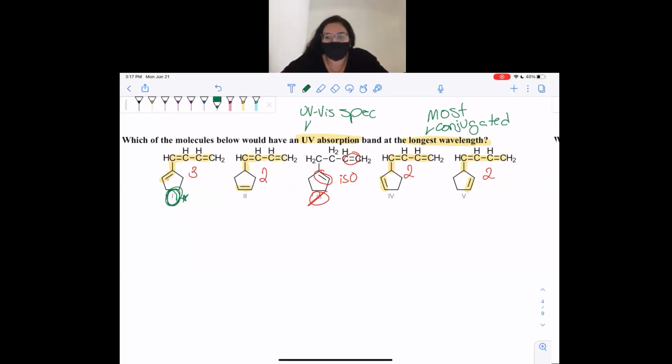Someone asked, how do you check the number of conjugated double bonds? So remember, conjugation is when you have a double bond followed by a single bond and then another double bond. So we're looking for this kind of configuration. So double, single, double, single. So double, single, double, single, double. All right, so while I give you guys a second to look at that,